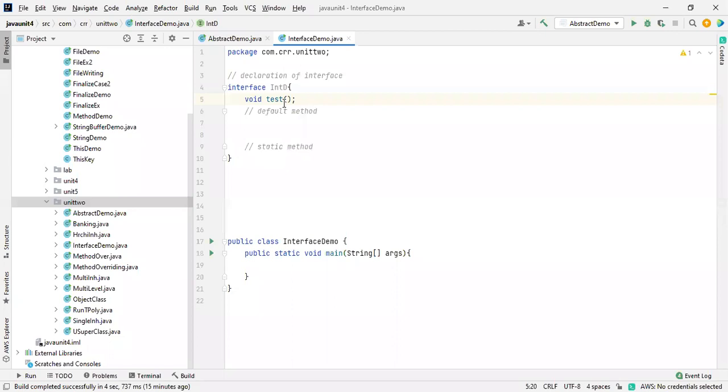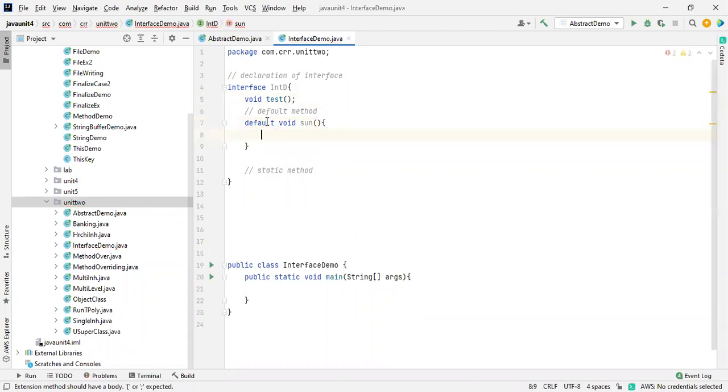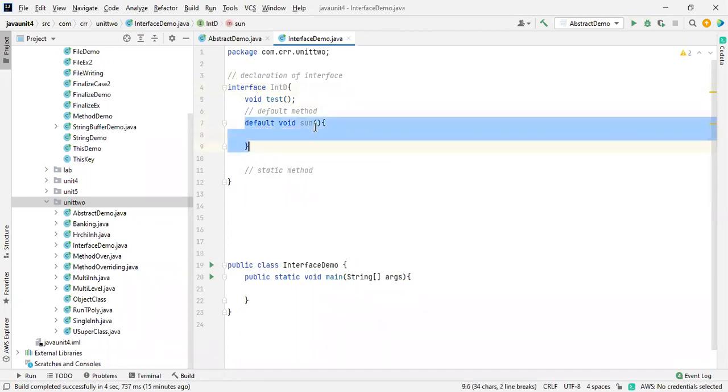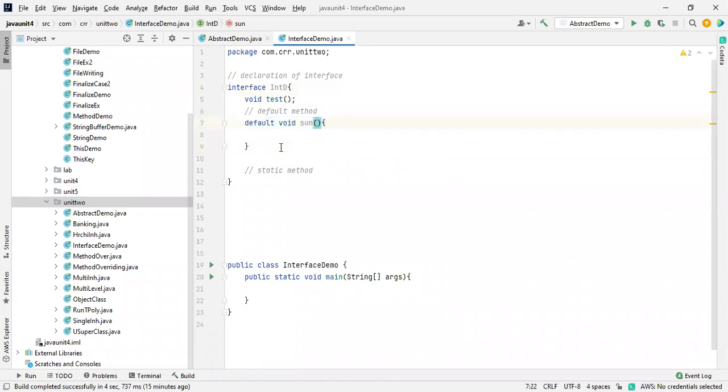But after Java 8, they introduced the default method and a static method also. How are you going to do that? Default void, something like that. Which is possible now. We discussed that there is no implementation inside an interface, but we can overcome that by using a default method. If I want to use static over here, sorry.